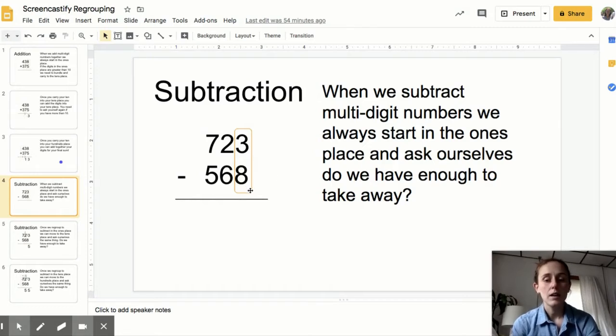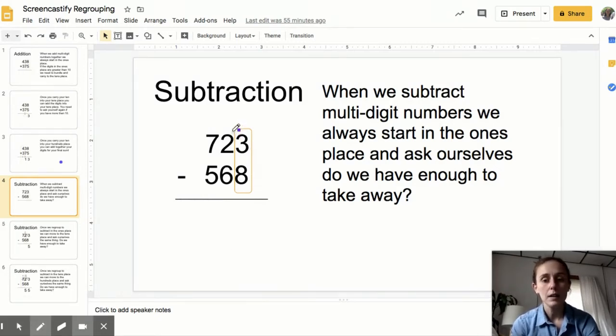So I'm taking a look at my ones column and I'm noticing I have an 8 on the bottom and a 3 on the top. I'm going to ask myself, can I take 8 away from 3? And I know that I can't do that. I don't have enough. So what I'm going to need to do is move over to my tens column